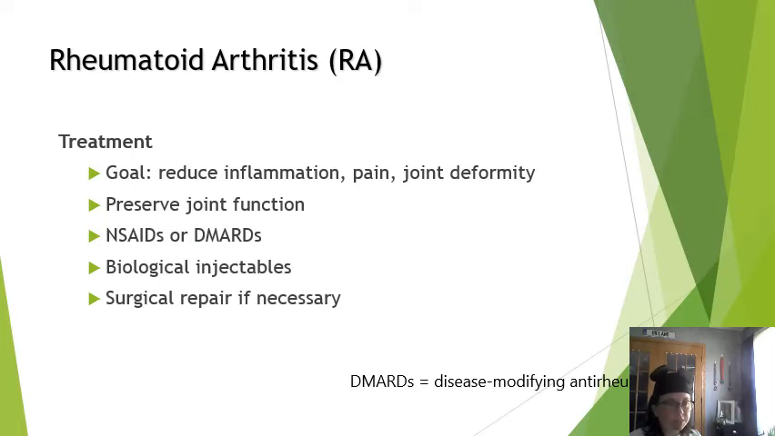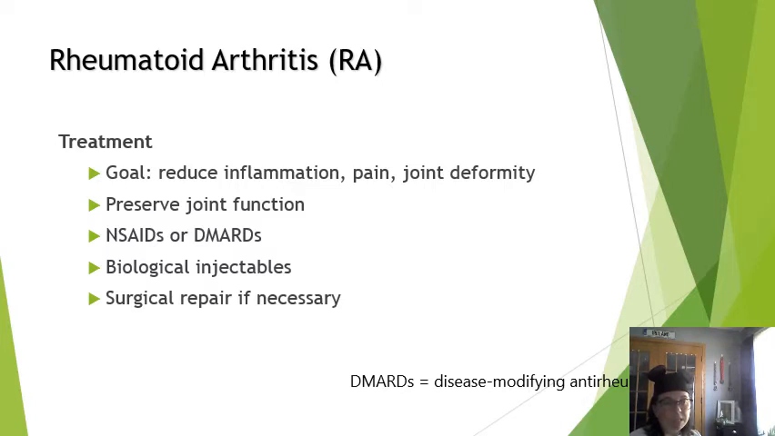RA is tough to treat. The goal is to reduce inflammation, which would then in turn reduce joint pain and deformity. Preserving the joint function is key. NSAIDs or DMARDs, and that's a disease-modifying anti-rheumatic drug, like hydroxychloroquine being one of the most sought-after drug forms